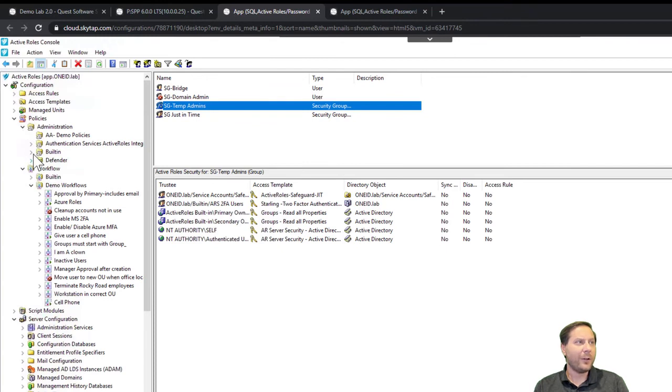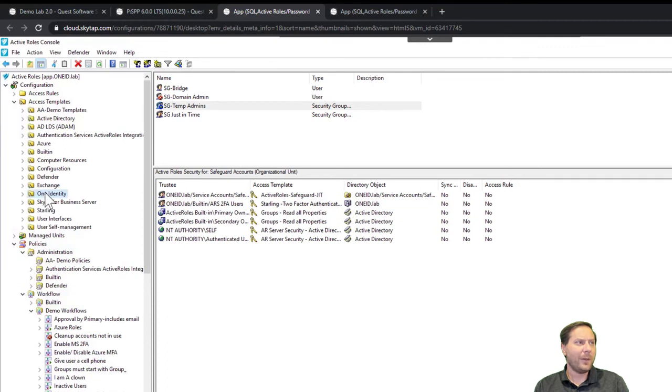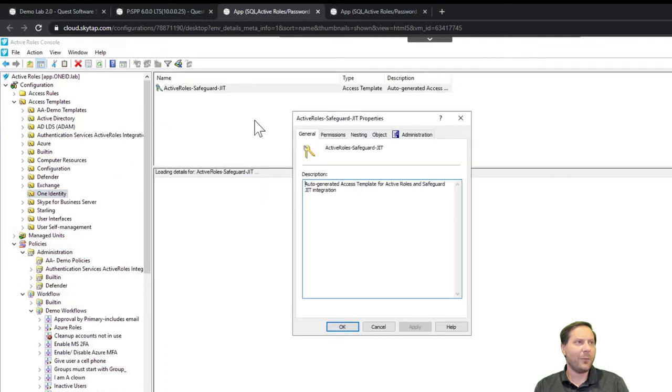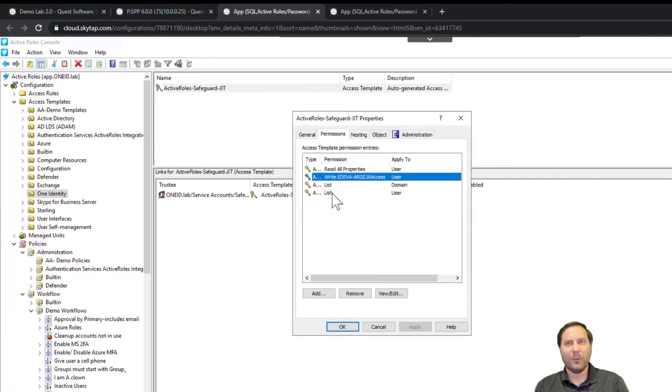What it does is there is a policy. Actually, let's go and check. There's two things. There's an access template. And here we created this access template, and what this access template does is basically it allows, and this is what the service itself is using, it can read all properties, and it of course can write the mystical virtual attribute. And we can list domains and users because we just want to be able to. We probably don't need those necessarily, but that's what we're doing.